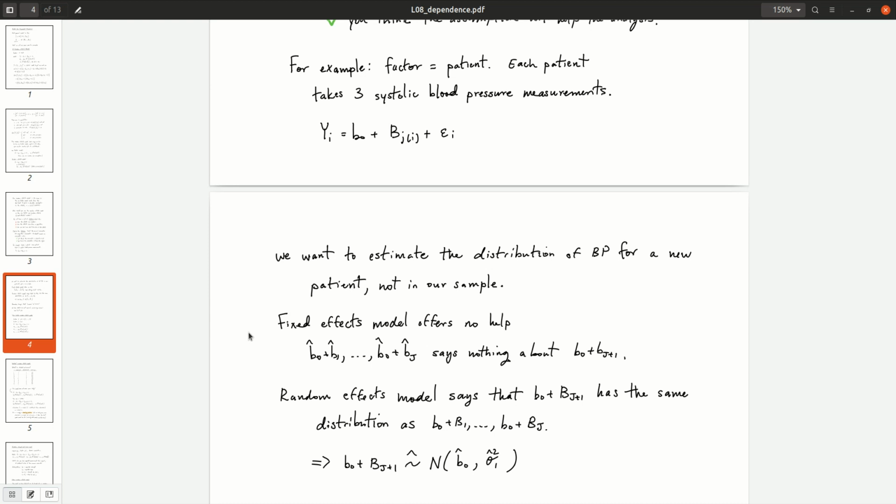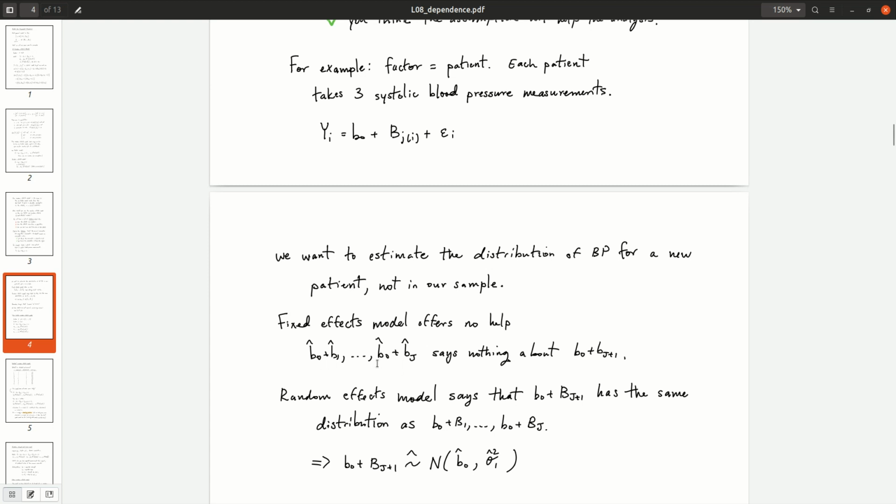Okay, now if we think back to the fixed effects model, that model is going to offer us no help in answering this question. So if we think of a sample with capital J patients, and we get the 3 measurements from each patient, we can get this